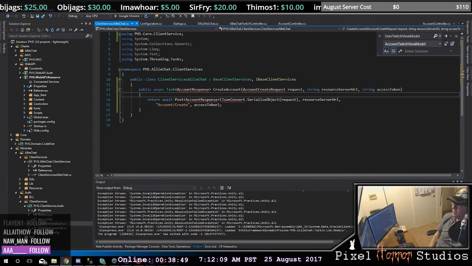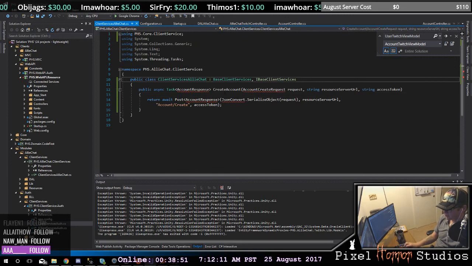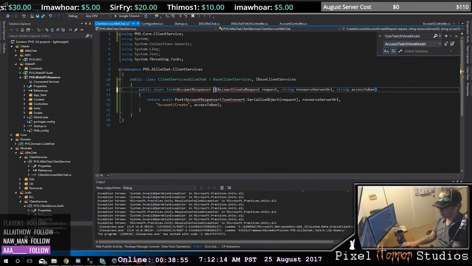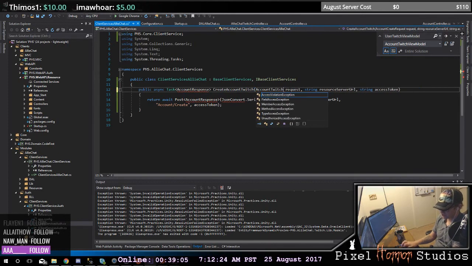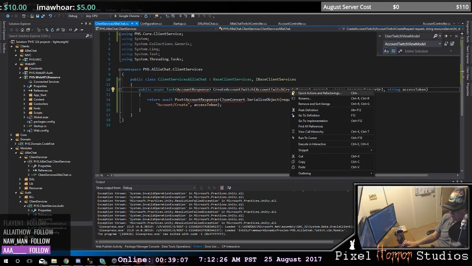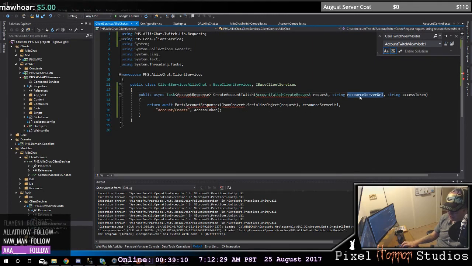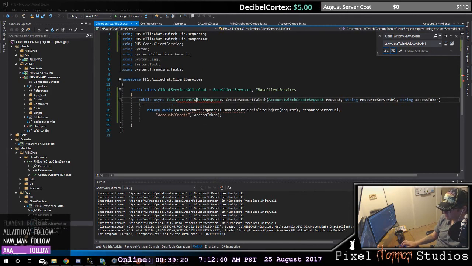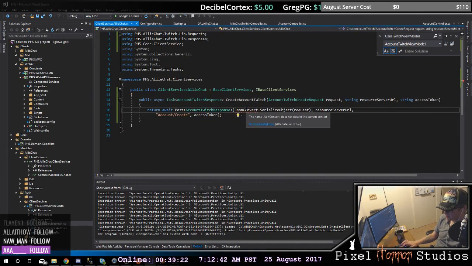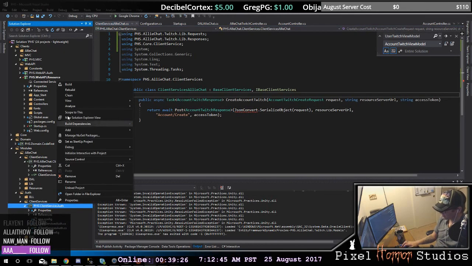All right, so here, this one's going to be my create Twitch account. Account Twitch create request, if I recall. And then this was called my resource server URL, and we're passing an access token. We're getting back an account Twitch response. This is the response we're getting. We're passing in this JSON convert, so I need to add in here